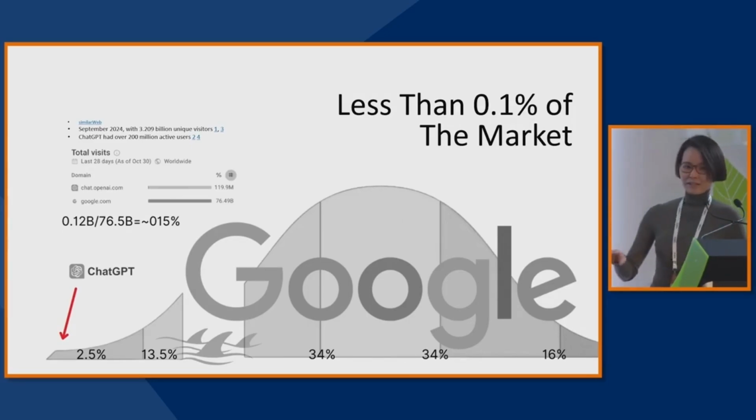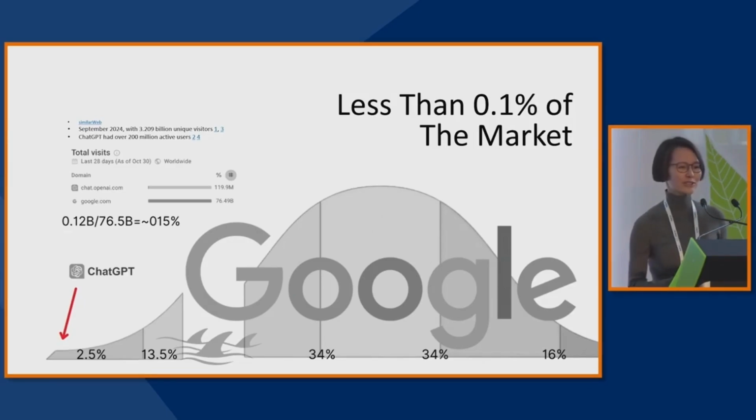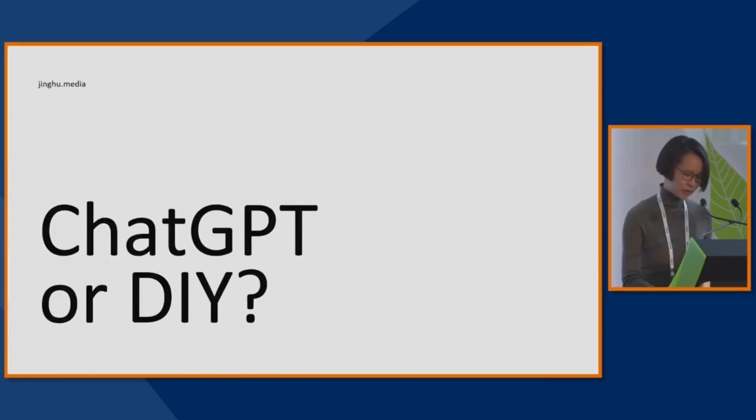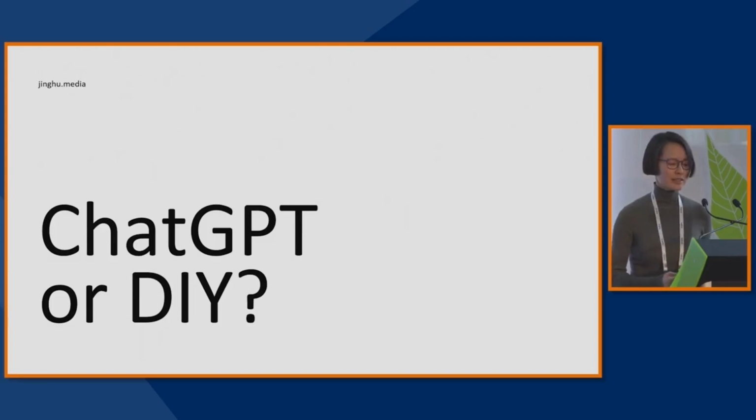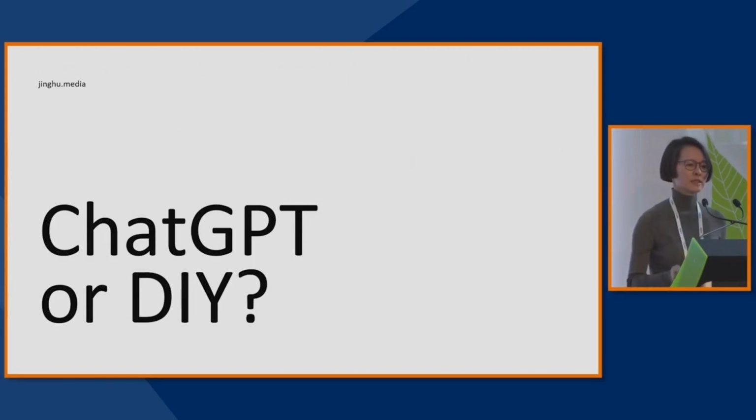So it's good that we have data. But how does it feel in real life? I know a lot of people in this room probably feel like everyone around you is using ChatGPT right now, everyone around you is talking about AI. But how often do you feel this way? When was the last time you thought, okay, I will use ChatGPT to help me with this, and you started to prompt, you started to tweak, and then after 10 minutes, you realized you probably would have already done the job if you had done it yourself 10 minutes ago?